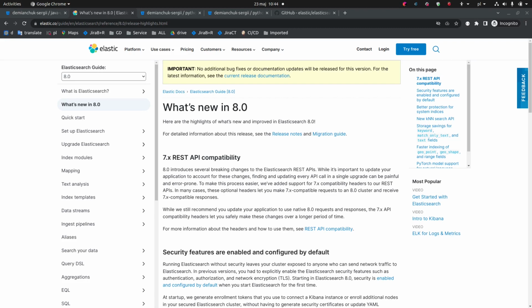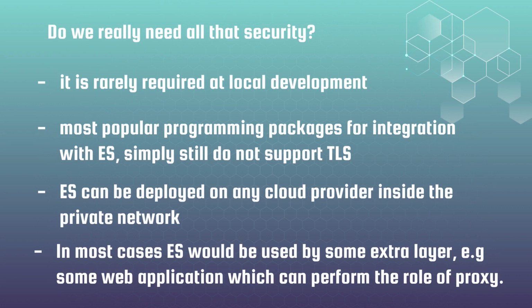Hi again. In the current lecture we will speak about what we can do in case Elasticsearch is forced to be used. First of all, if it is only security reasons, then it is not a reason at all. As we already talked, Elasticsearch can be deployed on a private network and be hidden behind some proxy layer with SSL. If you need only new Elasticsearch 8 functionality without security options, then you may still use Elasticsearch DSL library